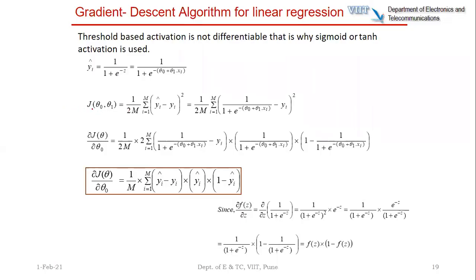So I have to find out the gradient now. Let us define J first. I have taken half MSE, y cap minus y, and this y cap is replaced by sigmoid. So this 1 upon 1 plus e raised to minus this thing is replaced here. Now find the derivative. Let us find the gradient for the update of theta 0. So you have to differentiate this J function with respect to theta 0. So what do you get here? So you get